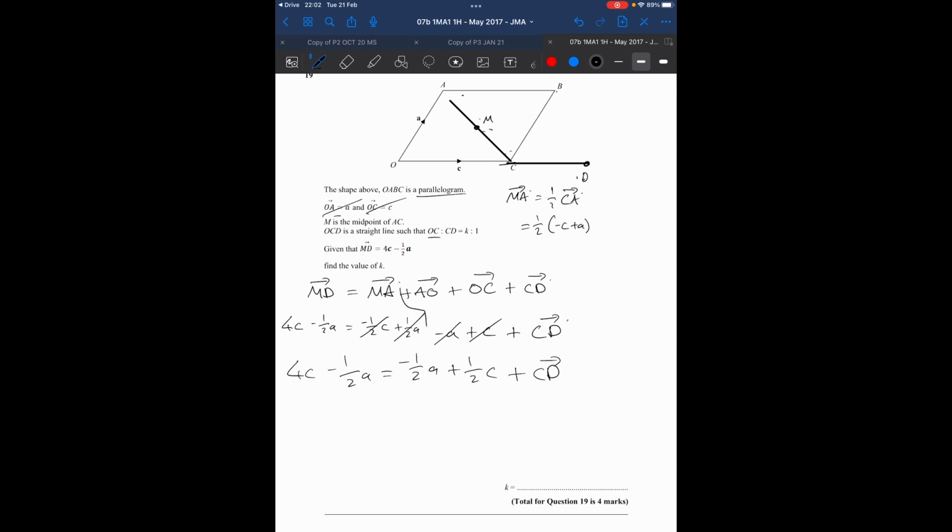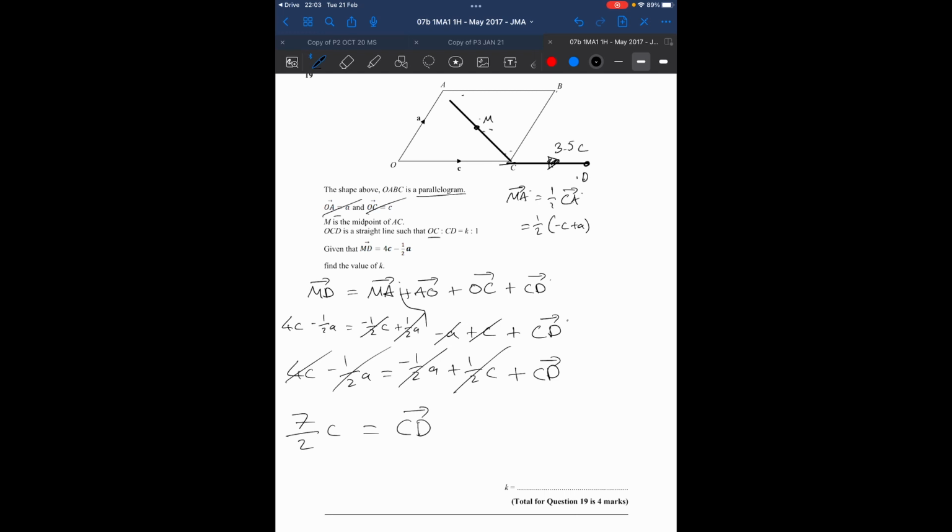So let's take away the half C from both sides. 4 is the same as 8 over 2, so that would be 7 over 2 C. And then if I just add a half A, that will take care of that one over there, actually. So what this has done is it's told me what CD is. CD is 7 over 2, or that's 3.5